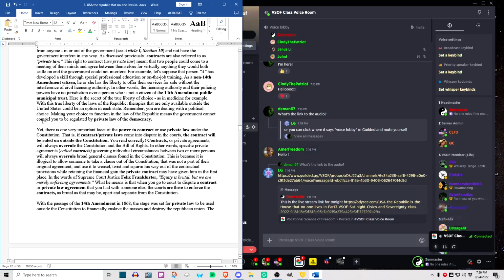Okay, to continue. Yet there is only one very important facet of the power to contract or use private law under the Constitution. That is, if contract private laws come into dispute in the courts, the contract will be ruled on outside the Constitution. That's why all these judges, whenever you start bringing up the Constitution in these private for-profit courts that are not courts of record,